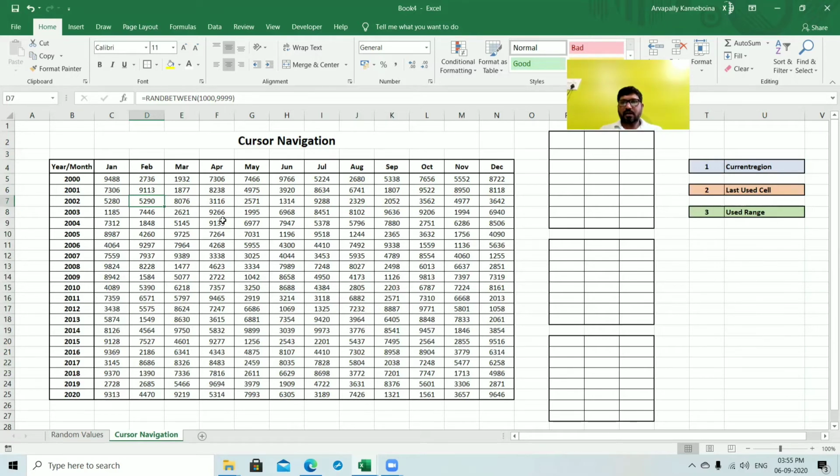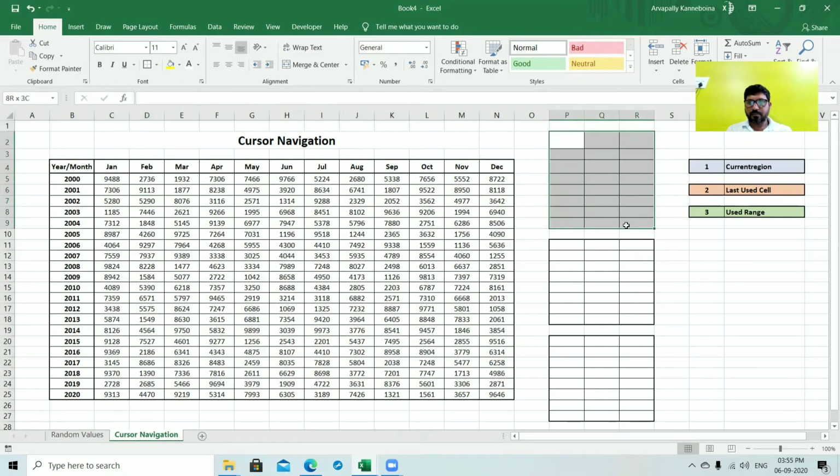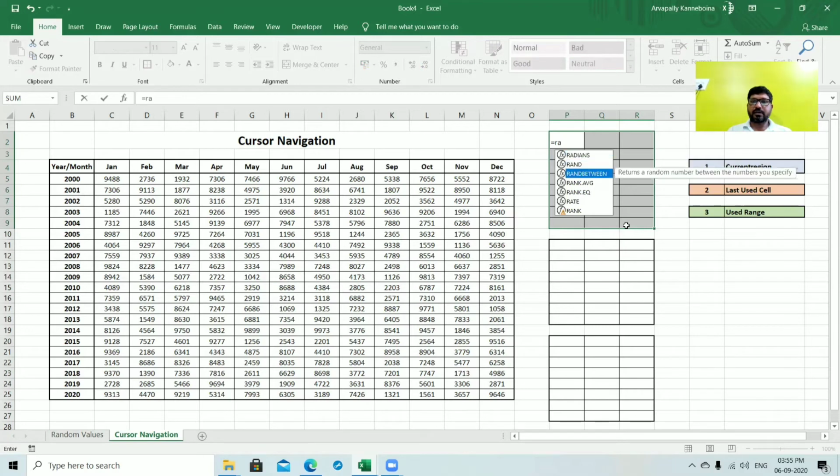Current region. So I will explain more about this current region. I'm entering sample data, RANDBETWEEN 1 to 100.